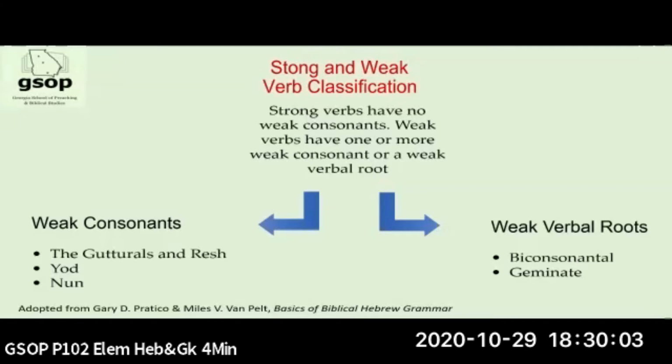So I want you to just know that there's a difference between strong and weak verbs. We're going to emphasize and only focus on the strong. We won't even go over the weak verbs. If you take the grammar, we'll certainly go over that. But basically, all it is, if you go back to the root positions,